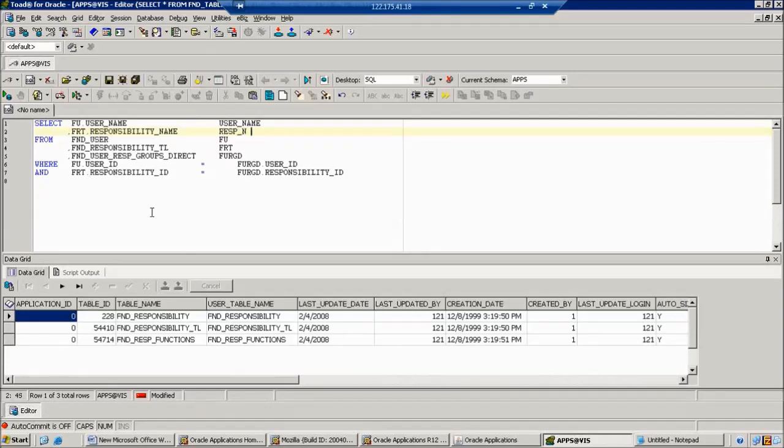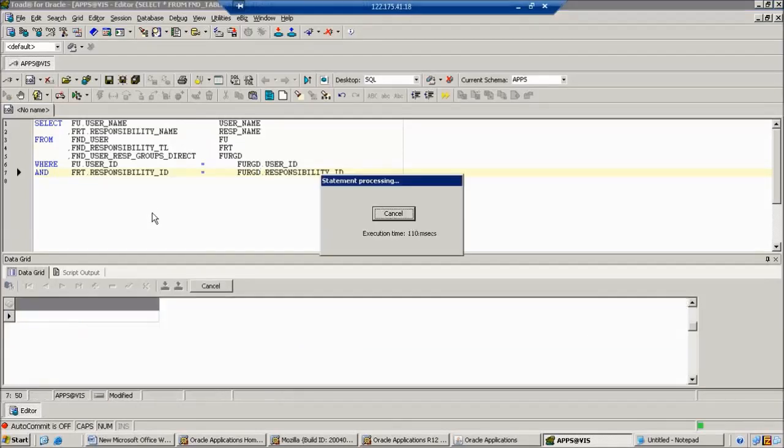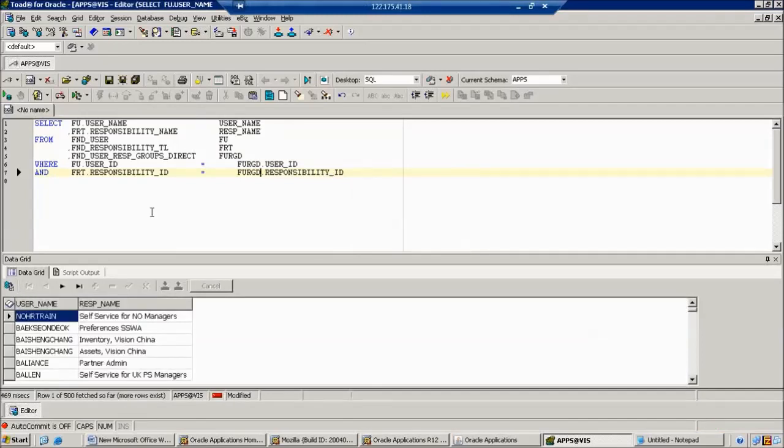I just want to check whether it retrieves proper information or not. Suppose I want to execute this query, how many records are we getting? A lot of records are coming because of all users and all responsibilities.